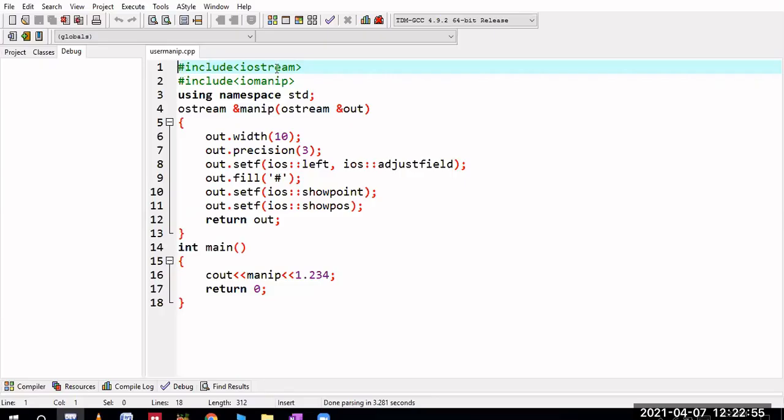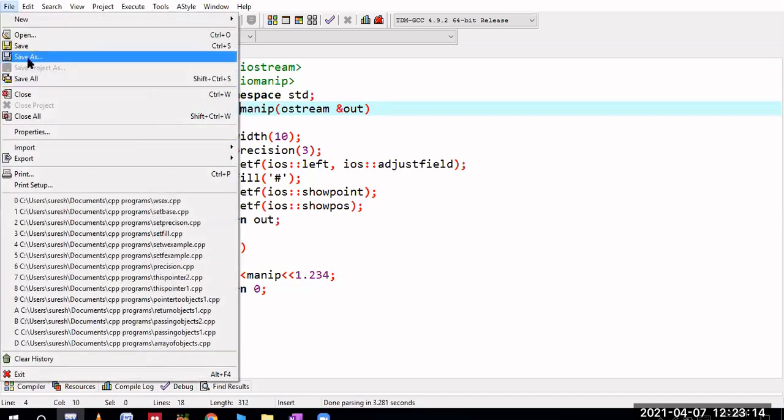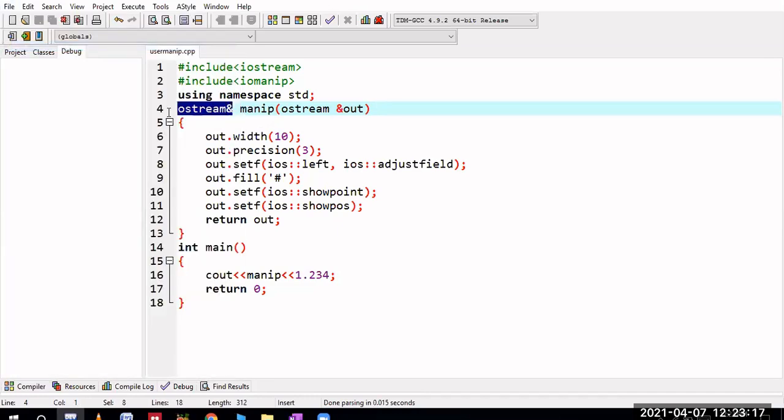So here I am taking hash include iostream, and this is your iomanip, and using namespace, and I'm creating an ostream ampersand manipulator. This is your ostream, because if I want to create a user-defined manipulator, I have to use this ostream, and this is the name of the manipulator. I can use it in this manner also, ostream ampersand and JP manipulator. It will return this ostream reference, and the manipulator name, I can give my own, my manipulator or user-defined manipulator or anything. It is always taking an object reference as a parameter. So ostream ampersand output.